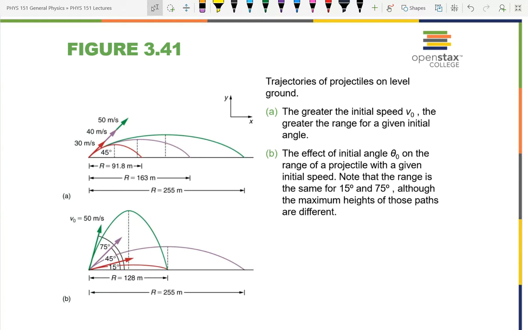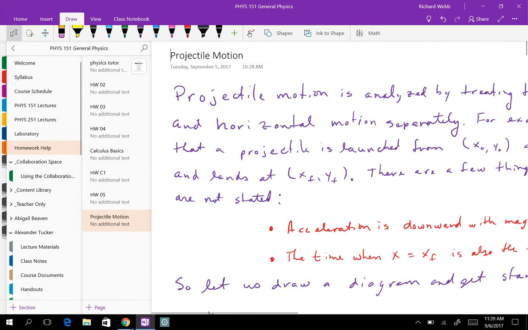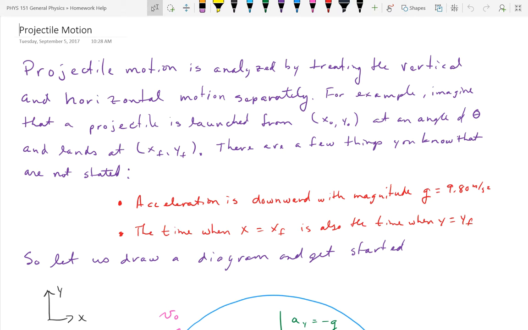I will want to see you go through the work to find, if it starts with this angle and this speed, starts at this height, ends at this height, how far it goes. I'm going to want you to show breaking it into your y components and your x components. Generally, you solve the y components to find the time because it's a simple problem. Yeah, it's quadratic, but it's simple. And then you take that time and put it into the x components to find the distance. If you want to see the calculations, in the homework help section, I did one on projectile motion. It's not actually the same one as I did with, was it Rebecca?